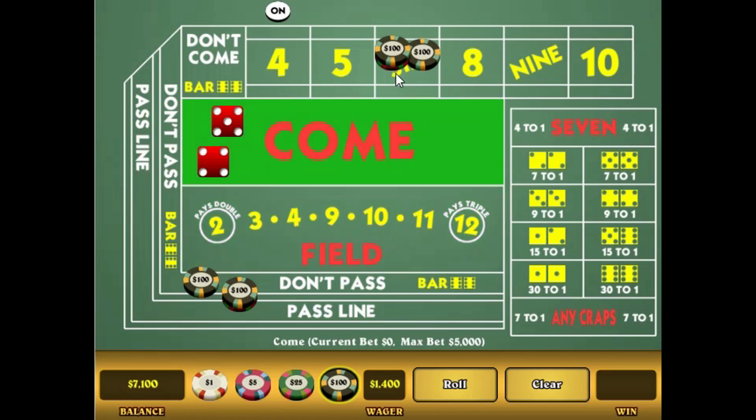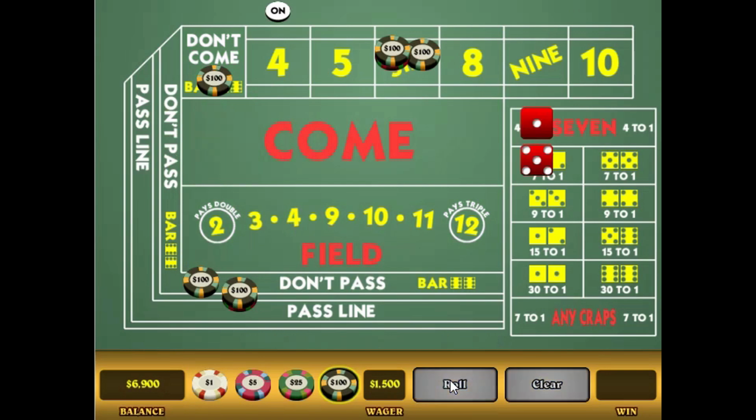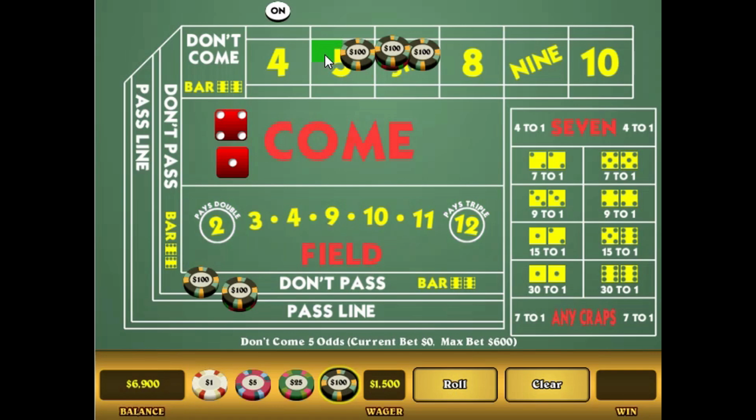And I'm going to make a don't come bet because now I've only got money on 2 numbers, the 4 and the 6. So there's a Yo 11 that lost on the don't come. 5. So let's lay 6x odds against the 5. So now I've got money on 3 numbers again, the 4, the 5, and the 6, so I make no